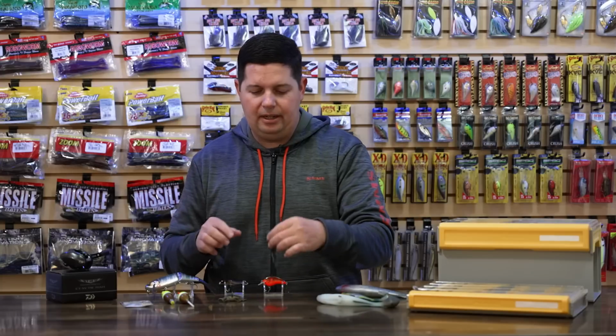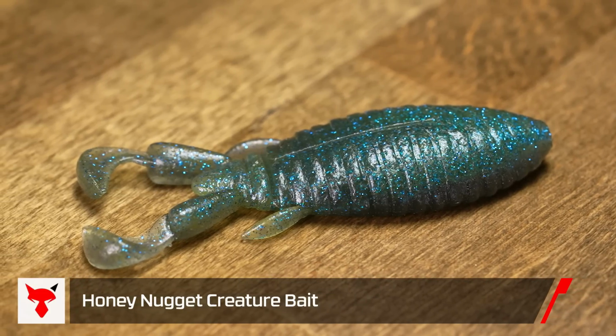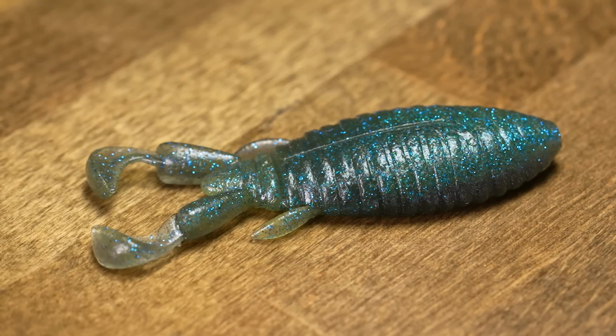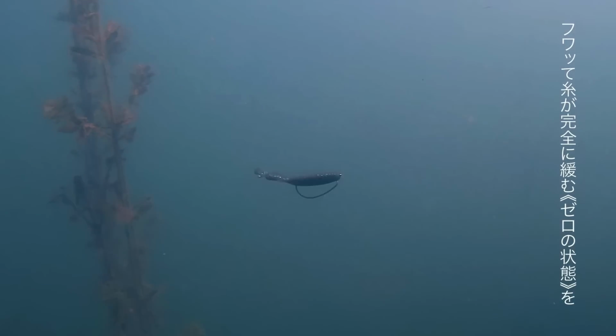The last one we got here, another kind of JDM style bait. This is the new Honey Nugget creature bait. So this bait is actually specifically designed for free rig applications. And what they did with this bait is they're trying to mimic like a bluegill and a crawdad at the same time. So when you throw it out on a free rig, that weight's gonna sink straight to the bottom,